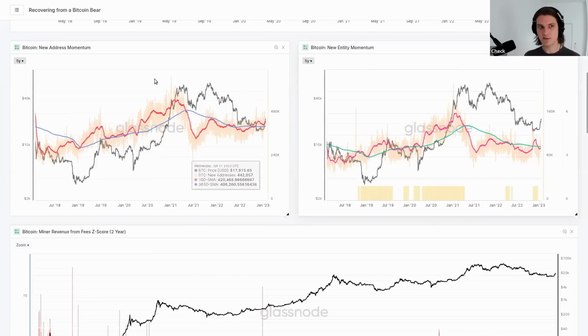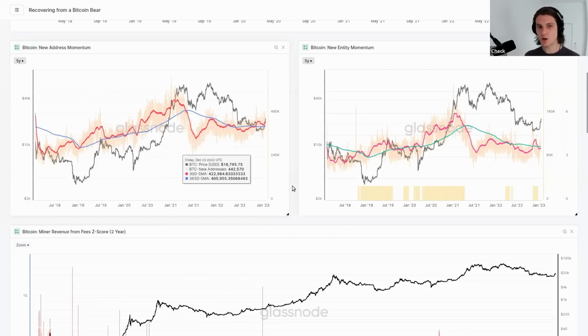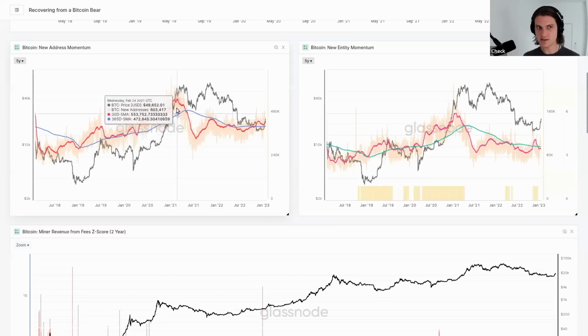So very, very simply, if the red curve is above, and the higher it is above the yearly, it's showing that over the last month, the blockchain has been more alive. There's been more activity than the last year. We're just comparing the current behavior to our yearly behavior. So really, it doesn't necessarily matter so much what the absolute value of these things are. The bigger the distance, the better.